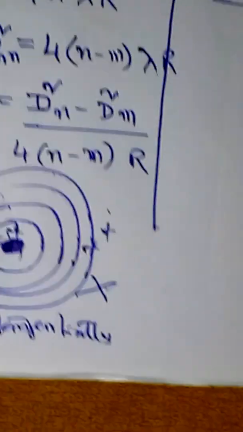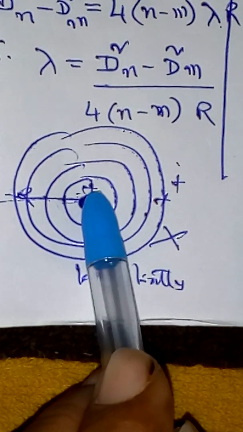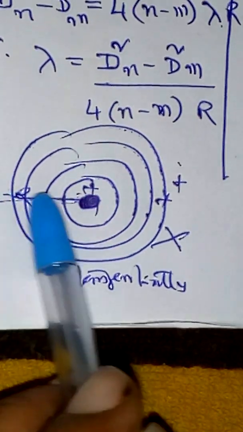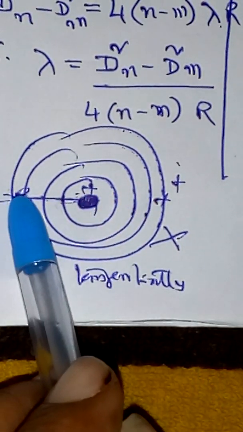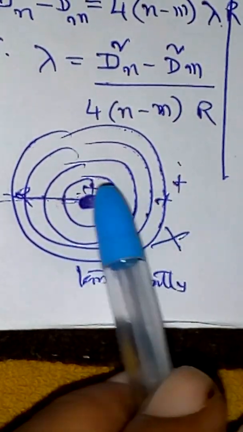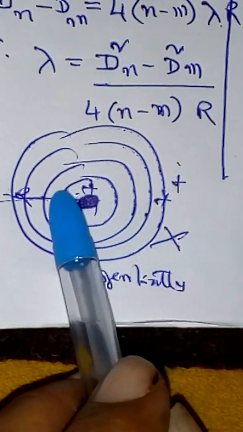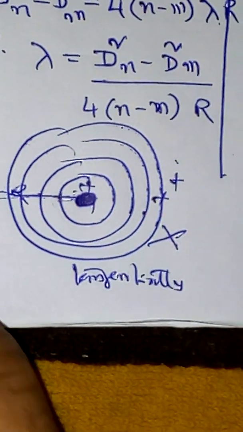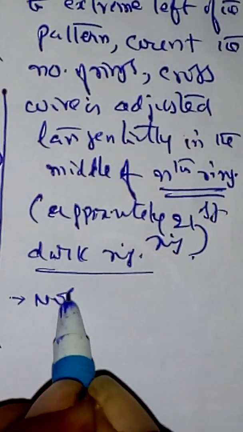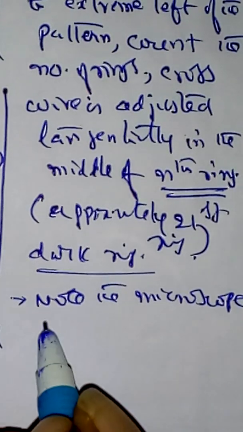So like that you are going. From the center of the spot, the crosswire is tangentially kept. By counting the number of the rings, 1, 2, 3, like that, you go up to the 21st ring. When you are moving like this, you can observe the change in the reading of the microscope. So the reading of the microscope is to be noted. When you are moving, the reading will be changing. So go up to the 21st ring and there, note down the microscope reading.